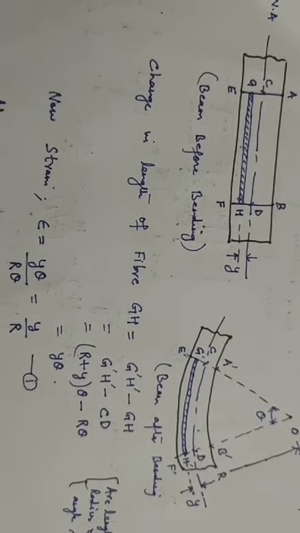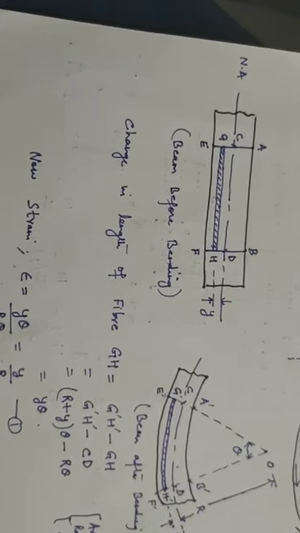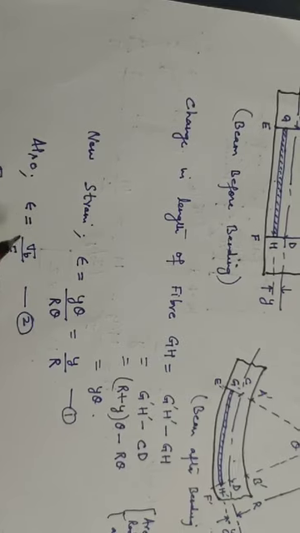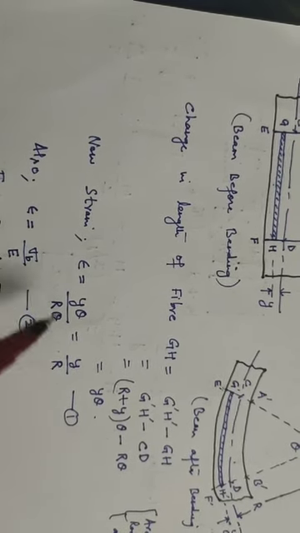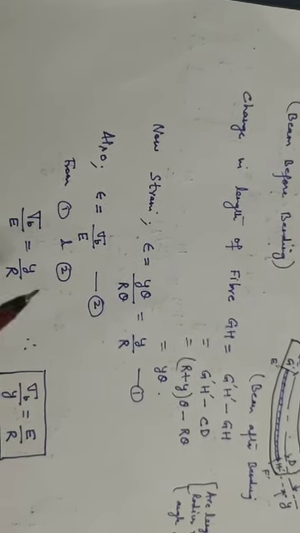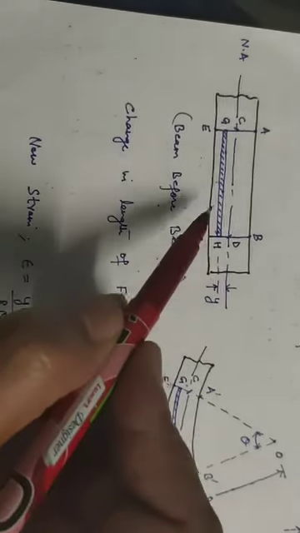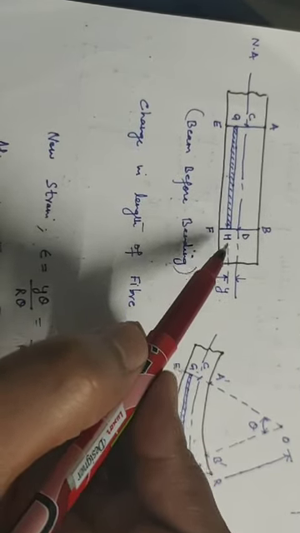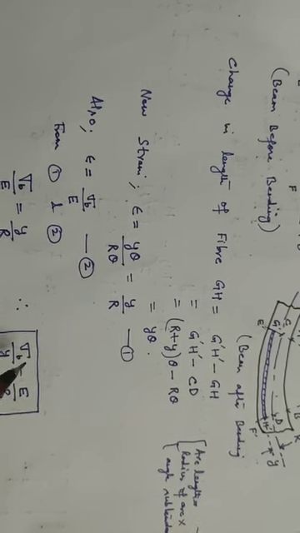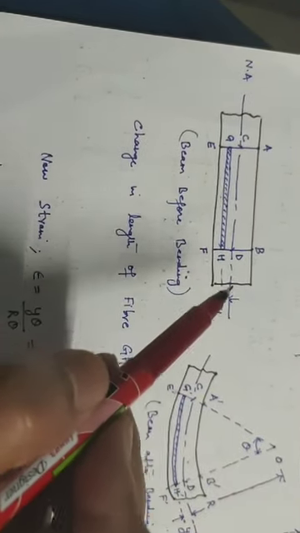Now the assumption which we have taken is that it will obey Hooke's law, that is stress will be proportional to the strain, that is your bending stress will be equal to strain multiplied by Young's modulus of elasticity. So equating these two equations, we get that your bending stress upon E will be equal to Y by R, or rearranging, sigma B, bending stress, upon Y. What is the Y? Y is the distance of the fiber on which the bending stress has to be taken from the neutral axis. सिग्मा बी अपॉन वाई इक्वल टू ई बाई आर. यहां से जो बेंडिंग स्ट्रेस निकलेगी वो निकलेगी एट ए डिस्टेंस वाई, दैट इज ऑन द फाइबर जी एच. क्लियर?